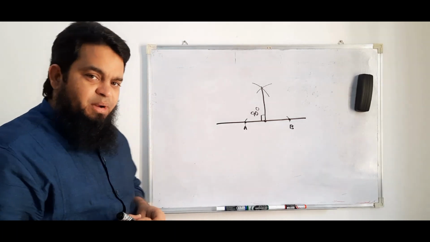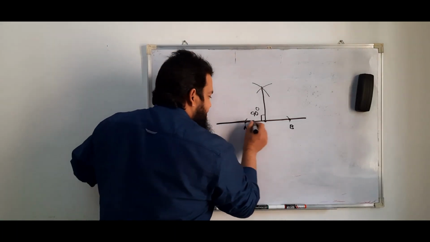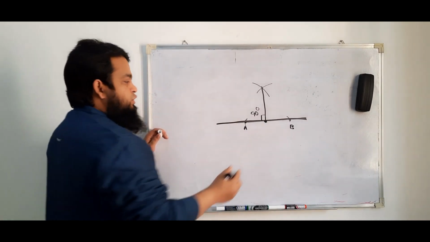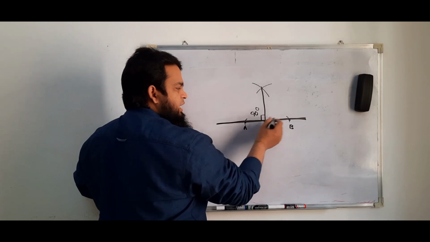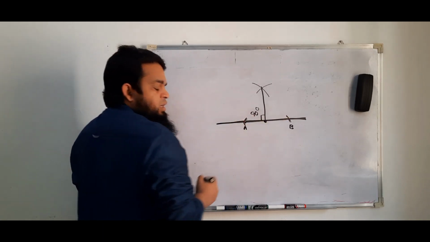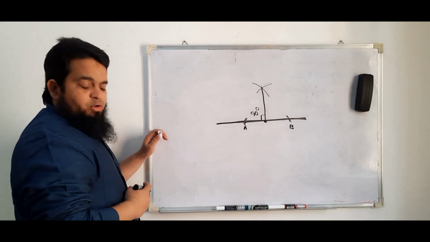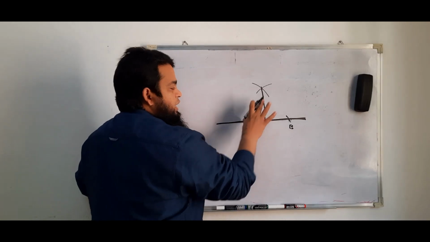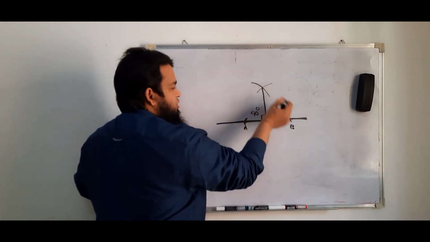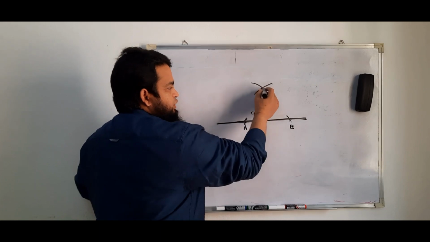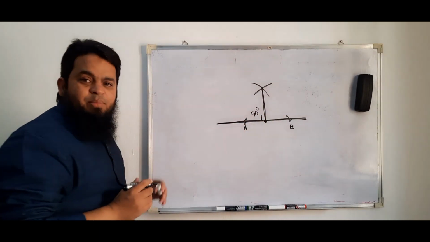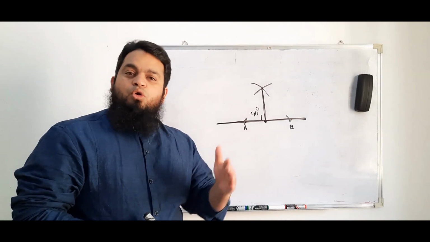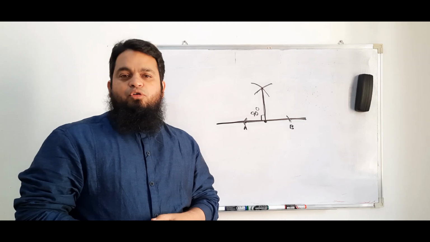So one more time I am repeating. You take a line. For example, you wanted to draw a perpendicular line at this point. So take a radius and using a compass you draw arcs on either side of the line. Okay, either side of the point. Then from the first point and the second point, you take equal radius and draw 2 arcs from these 2 points. Join these 2 points, you will get a perpendicular line. Okay, this is very essential for drawing root 5 or to represent root 5 on the number line.